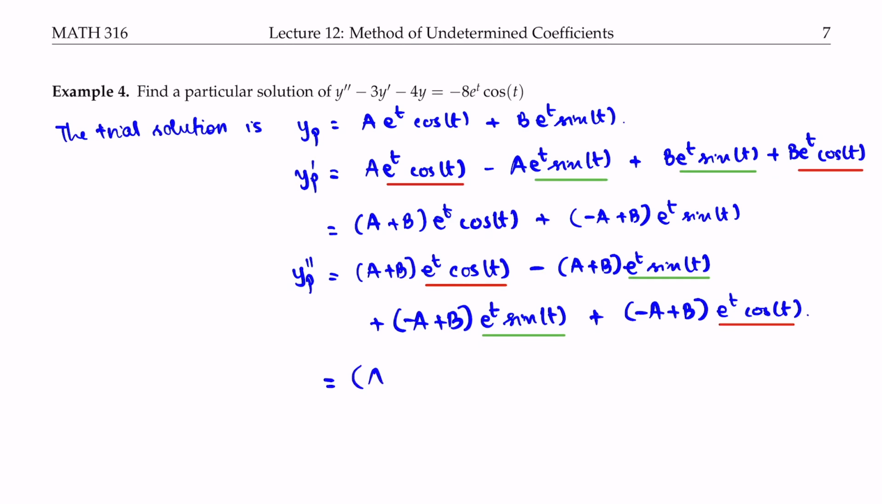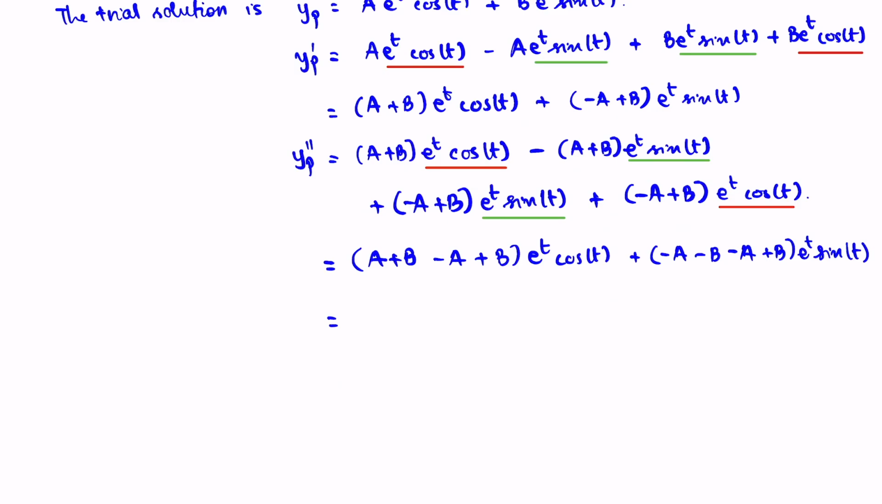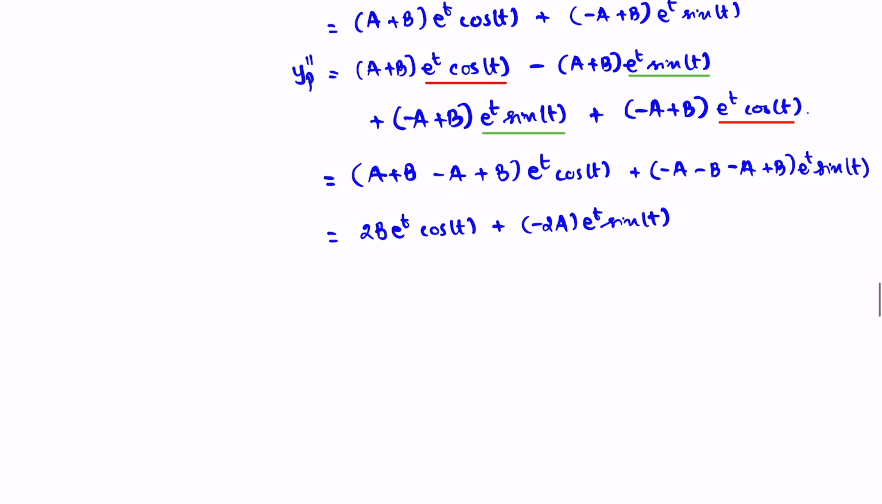So you have (a plus b) minus (a plus b)... times e to the t times cosine of t plus negative a, negative b, so you distribute the negative sign here and take e to the t times sine of t as a common factor, minus (a plus b) times e to the t times sine of t. I'm going to simplify this further, and you get 2b times e to the t times cosine of t plus negative 2a times e to the t times sine of t. Then you're going to substitute